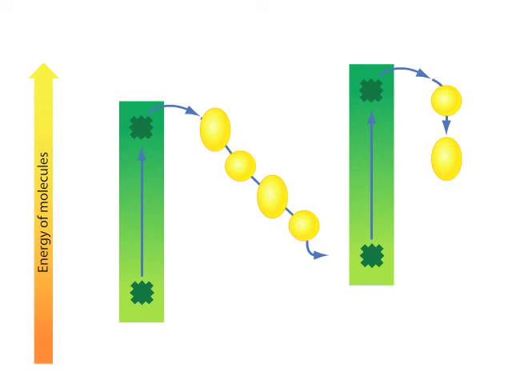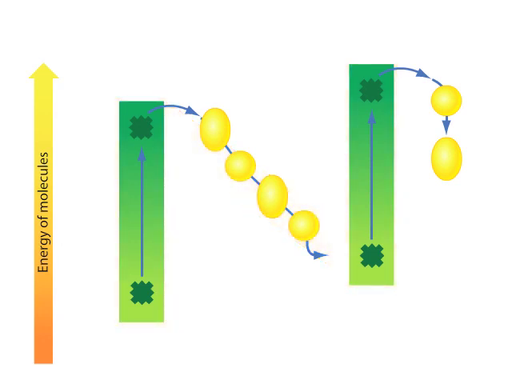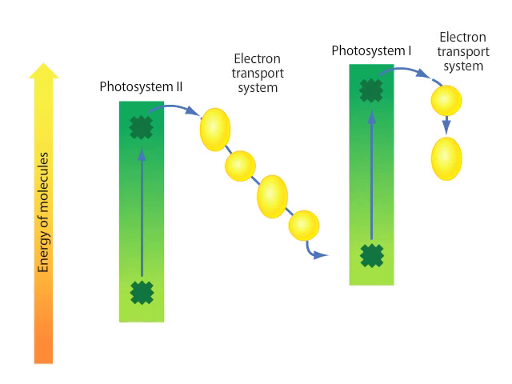The energy absorption includes two steps of light absorption, forming a Z-shaped metabolic pathway, the Z pathway of photosynthesis. The membranes contain two types of light-absorbing complexes, each containing chlorophyll molecules, called photosystem I and photosystem II. The membranes also contain electron transport systems. Light is absorbed by vast numbers of chlorophyll molecules present in the thylakoid membranes. The absorbed energy is transferred among chlorophyll molecules until it reaches specialized chlorophyll molecules in the reaction center of photosystem